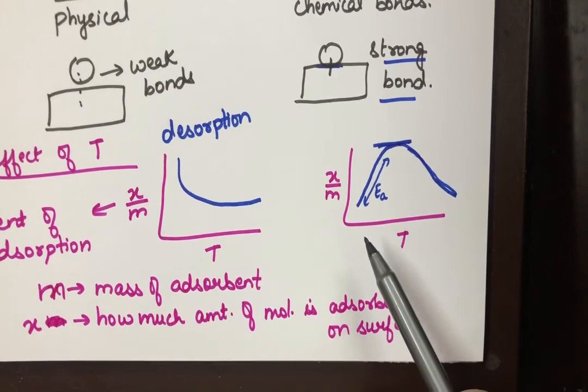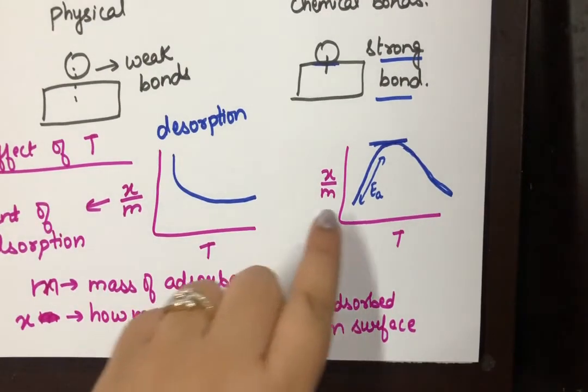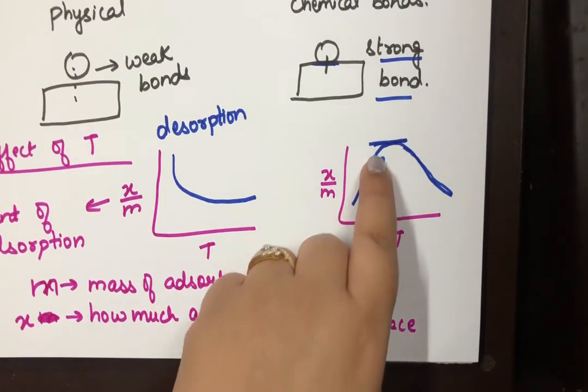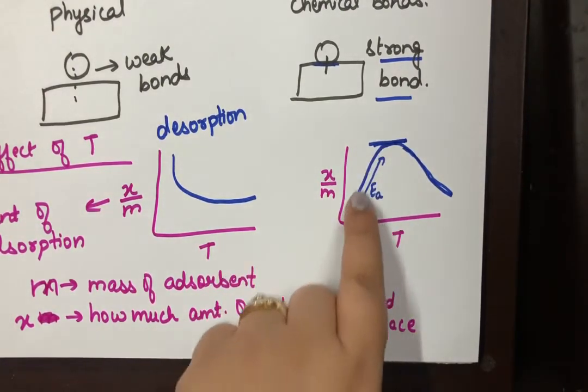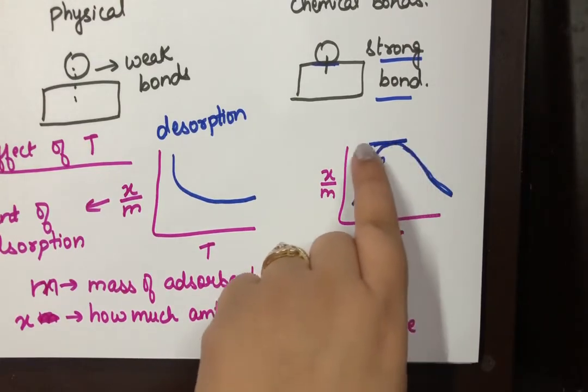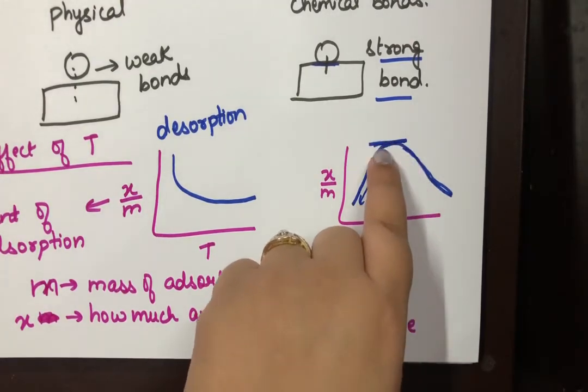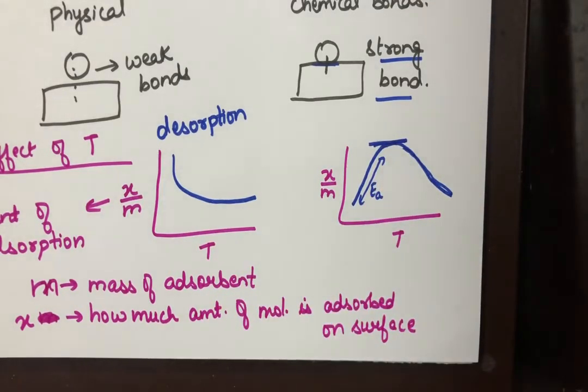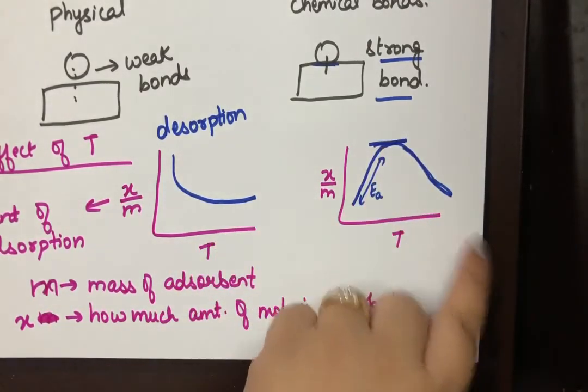So initially the temperature is used to reach the activation energy. Once the bond is formed, if you still increase the temperature, the bond breaks. Repeat again, since you were increasing the temperature initially, what was happening? It was helping in the bond formation. Till here the activation energy was overcome and the bond was formed. Now if you still increase the temperature even more, then the bond will start to break. So this is bond formation and this is bond breaking.